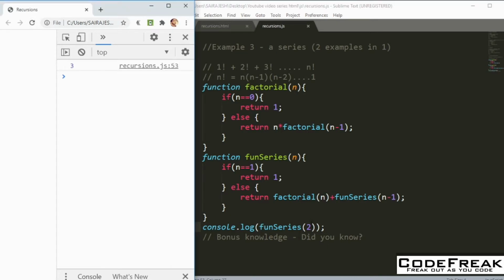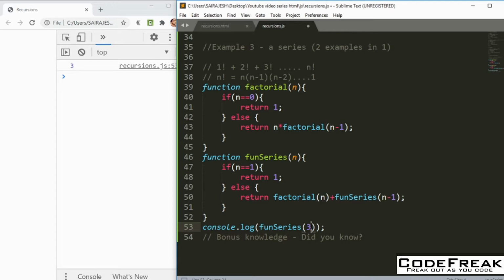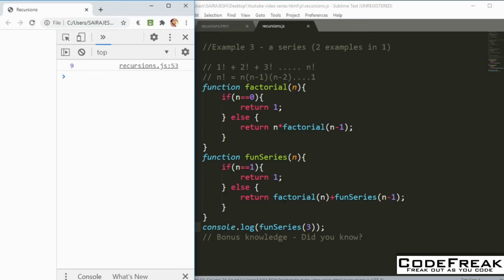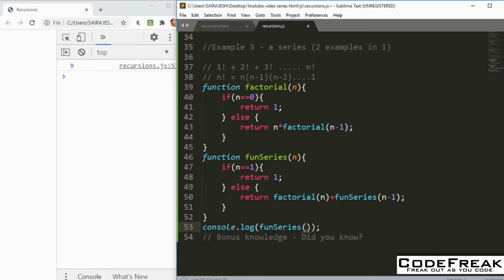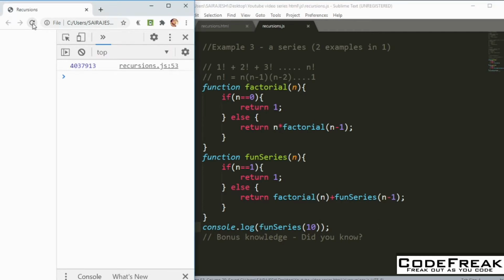Perfect. So now let us check it with 3. What is 3 factorial? 3 2s are 6, 6 plus 3. So you should get 9. We're getting 9. Maybe now you can check for some big number, maybe like 8. Okay, 10. I'll go for 10. Let's see how big the number is, whether it will fit here or not. Okay, yeah, you got a big number. I don't know. Please check it out, calculate it, and see if my answer is correct.